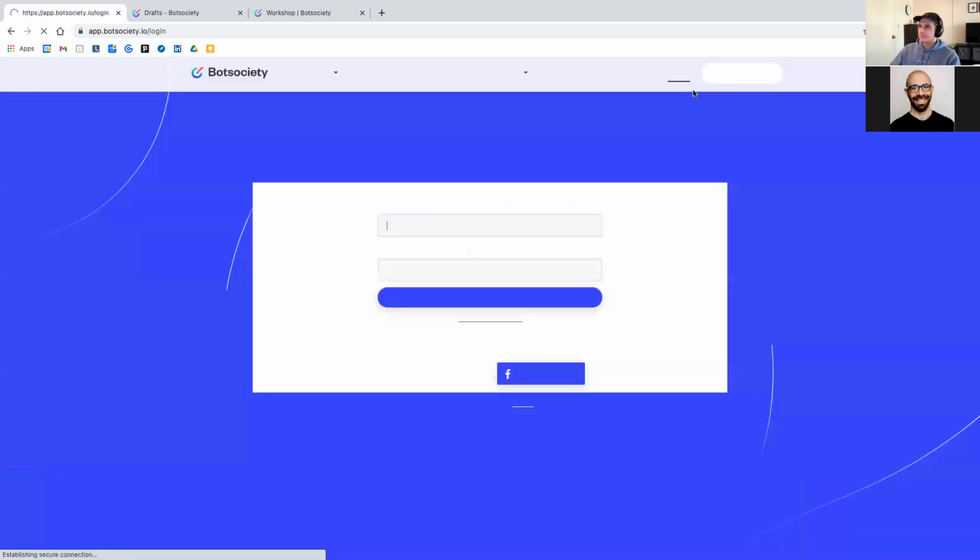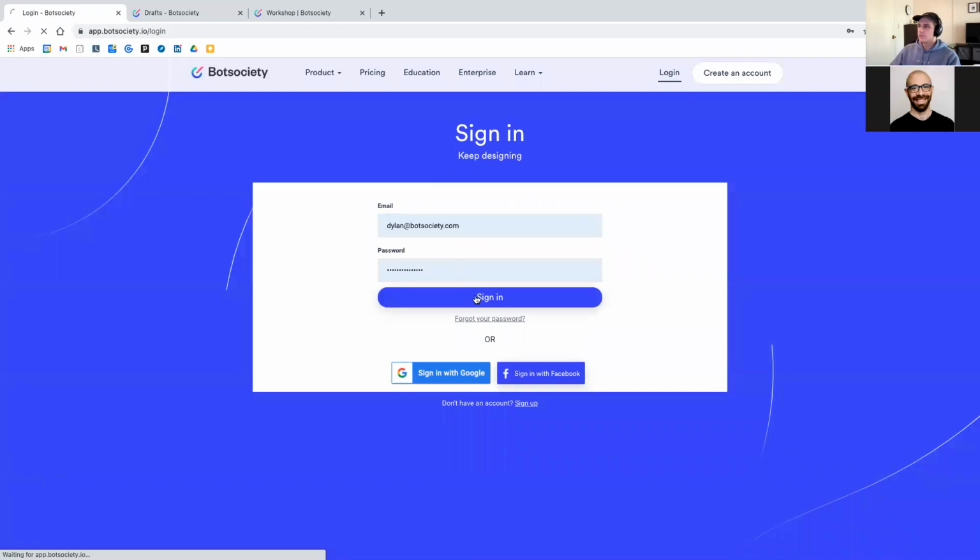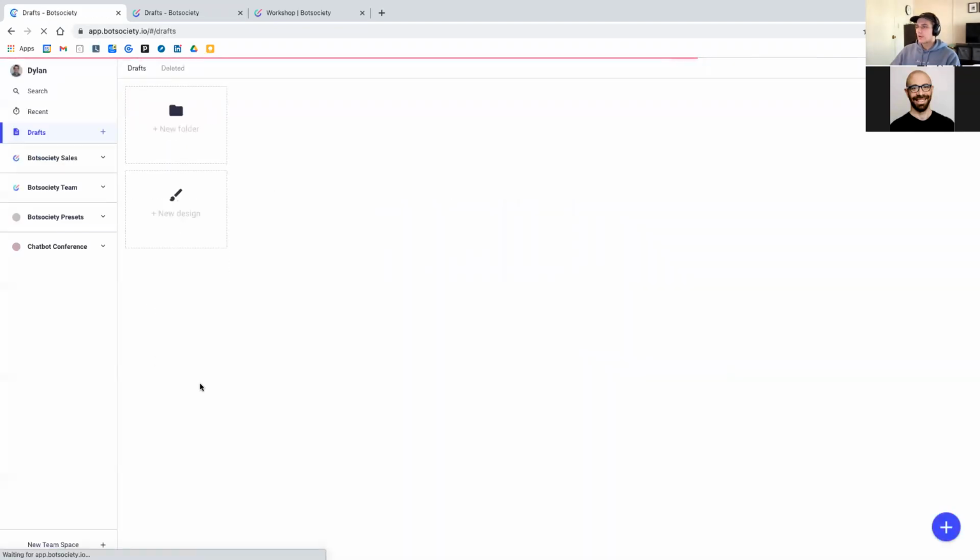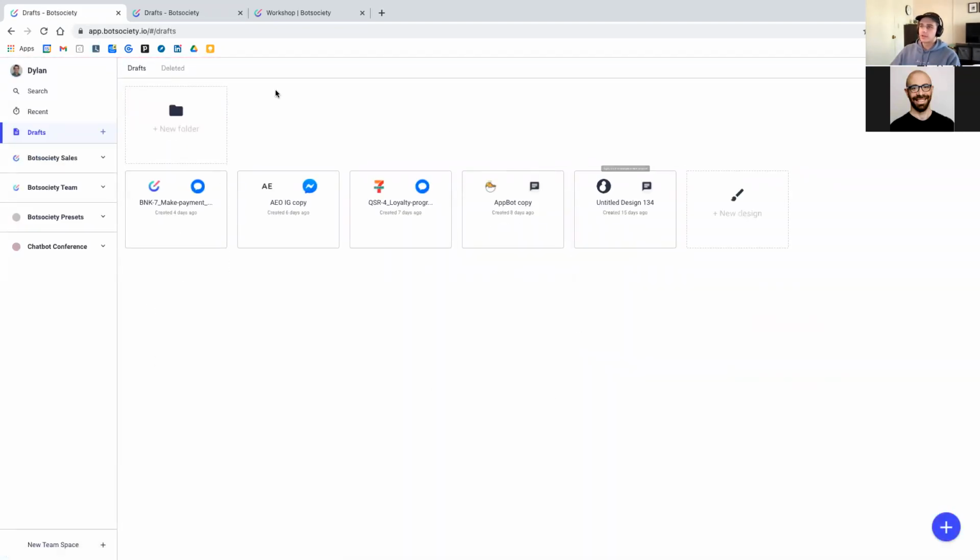Okay, so if I sign up for Botsociety, it takes us to our main screen here in our account, which is our drafts space. So this is where I can create a new design. And I also have my team spaces here, so I can be part of a team where I can create more designs along with my teammates. But before we get into just creating a design,